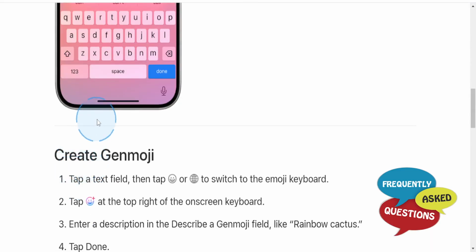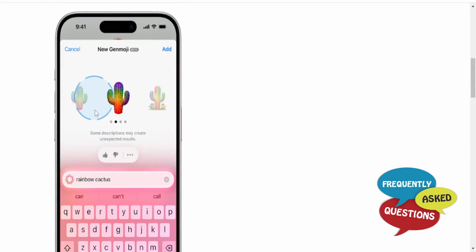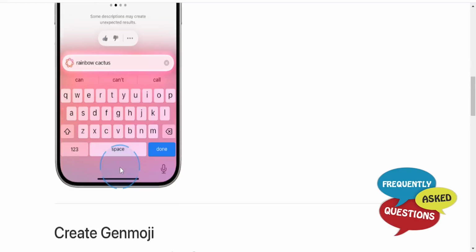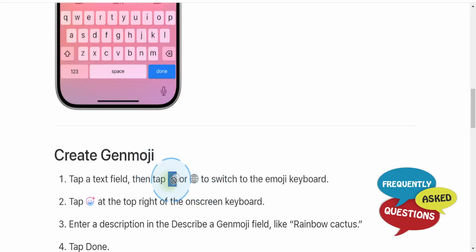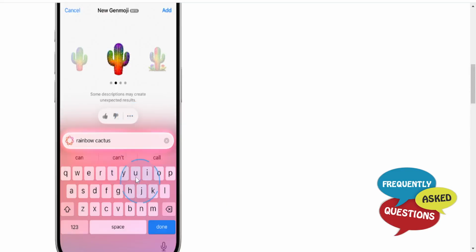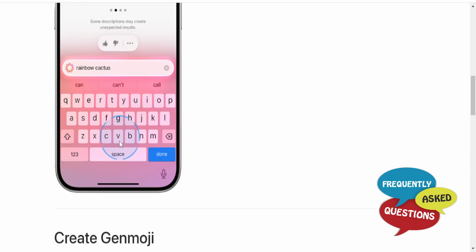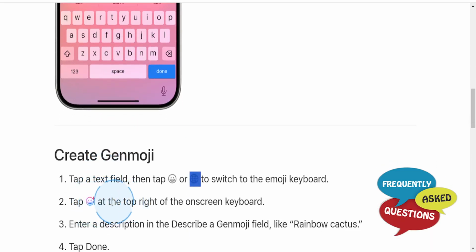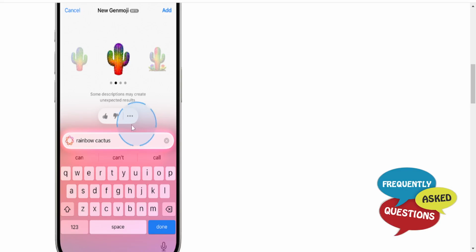First things first, you're going to tap on the text field wherever you want to put that emoji, and then go ahead and tap either this icon or this icon to basically switch to the emoji keyboard. Okay, then you want to tap on this at the top right hand corner of the on-screen keyboard, and now you want to basically enter a description of your Genmoji or your custom emoji, right? So enter that description. For example, here it is rainbow cactus, and it will generate an emoji based on your